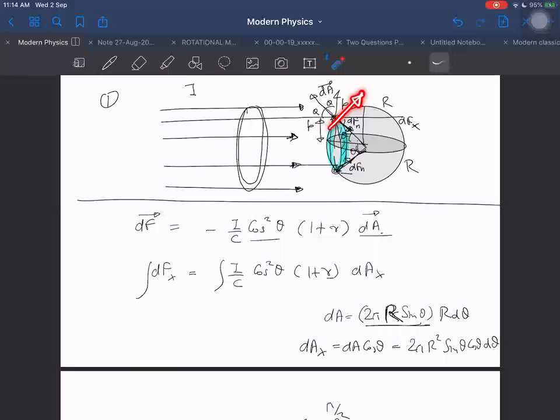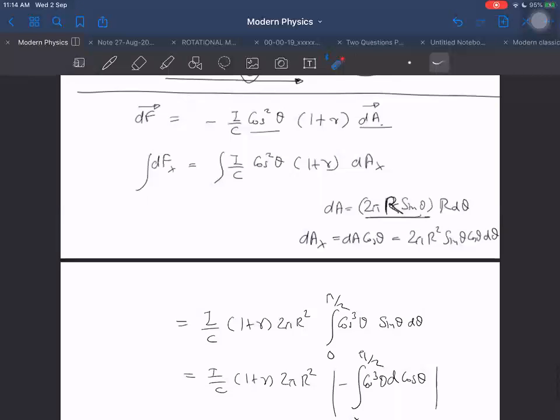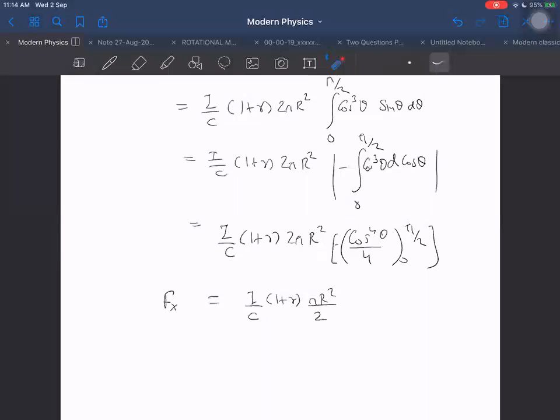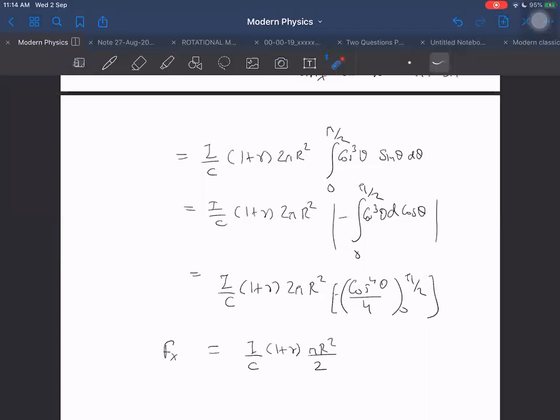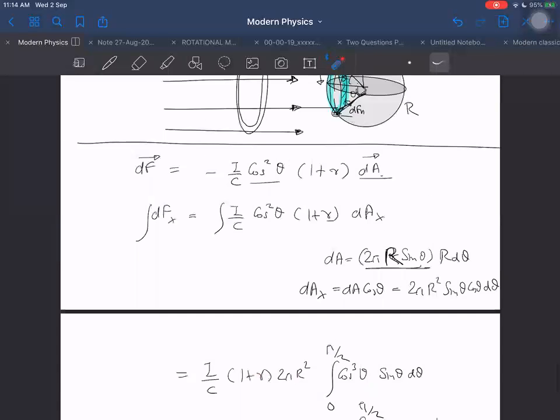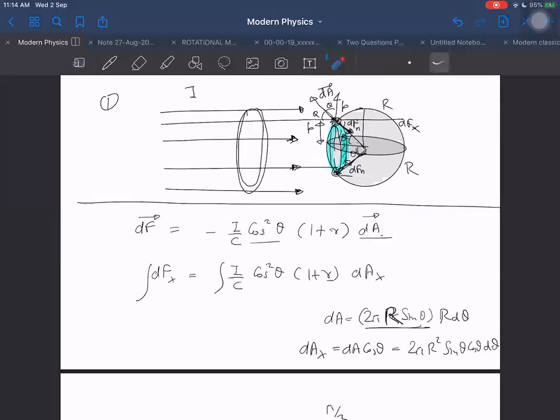Have I taken shear stress? No. Why? This formula was applicable for the normal stress, so I'm finding it from the normal stress only. So the resultant of force due to normal stress along the x-axis is coming out to be this. Is it the net force? It may not be the net force if there is this part also remaining here. So if I want to find this part also, what difference will it make here?